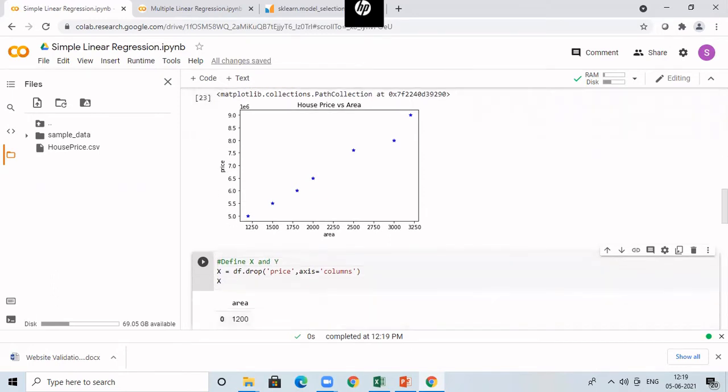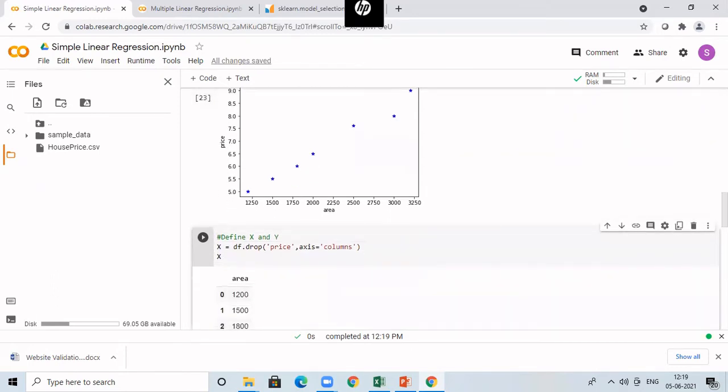Okay, so now for your model, you have to define what your feature is and what your target class is. We always keep all the features as X, which is nothing but our input. And the normal way of representing the output is by means of Y, which we will use for the target class. That is nothing but the variable we want to predict. So I'm going to define those two.